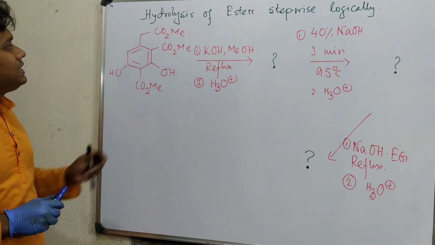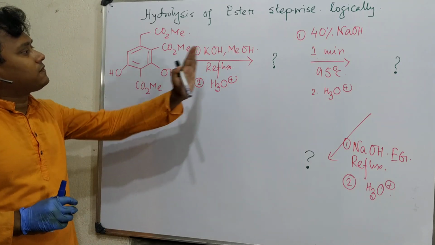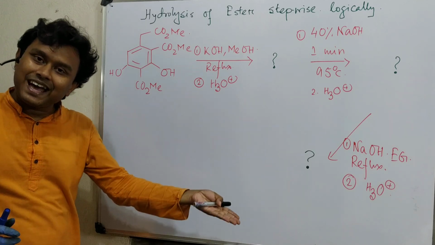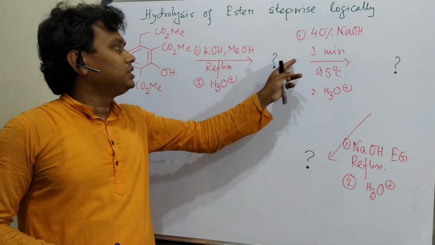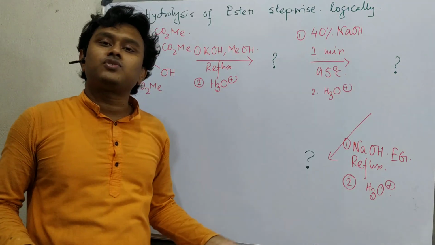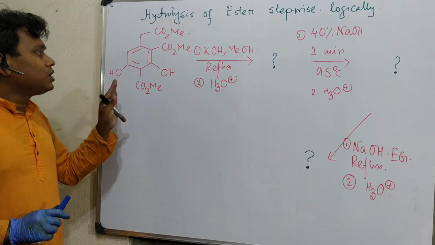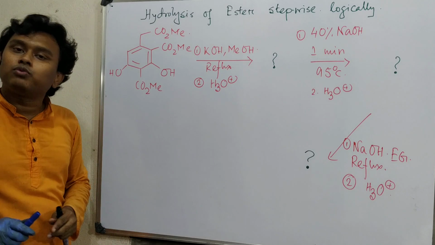First of all, such problems are very interesting because this could be asked in your viva or your exam. Any step's particular product could be A, B, or C, and the question could be: what is the structure of A or B or C? So now you have to find out what will happen and why.